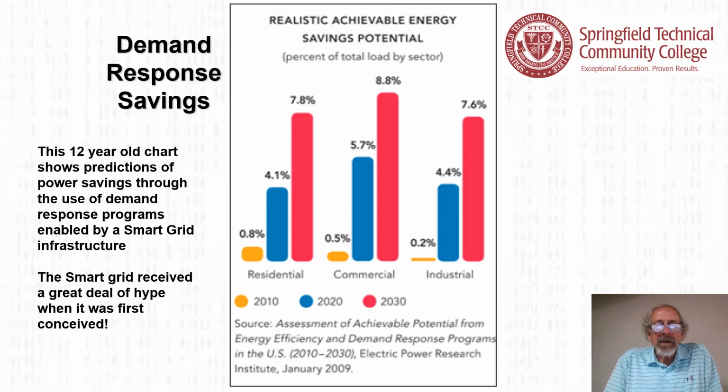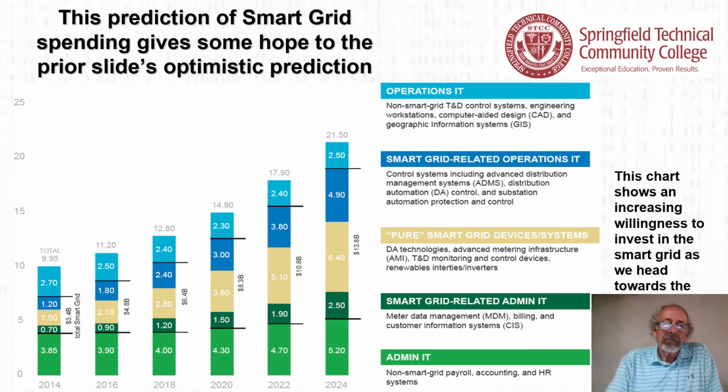Who makes money off of this, or where does the money go? How does it flow? Well, it doesn't flow to the electric power industry, so all of a sudden the big hype, a win-win and so forth, and it turns out that, whoa, let's slow down. Let's take this at a much slower pace and see what's going to happen. So the prediction of smart grid spending that originally happened has been delayed, and it turns out that here's another,